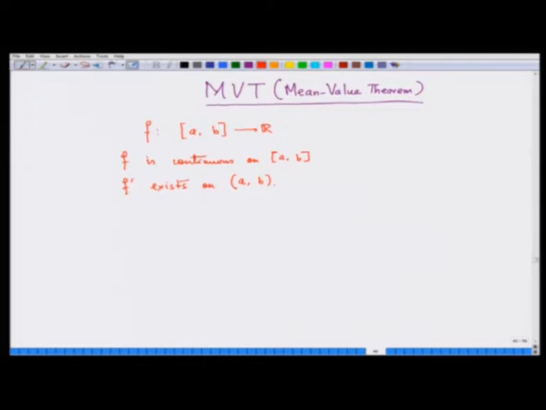Then, I am writing in red, it is so important. Then there exists, this is a sign for there exists, c which is lying in the open interval ab, that is strictly bigger than a and strictly less than b, such that f(b) minus f(a) is f dash of c into b minus a, or the way most calculus books write,